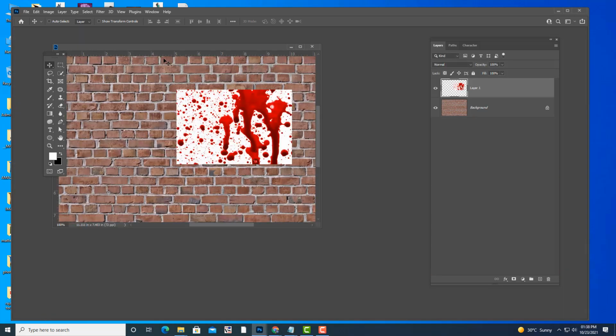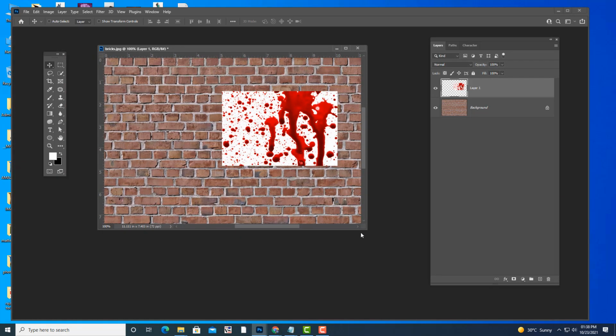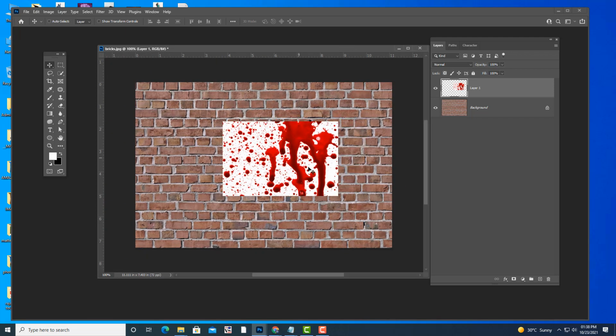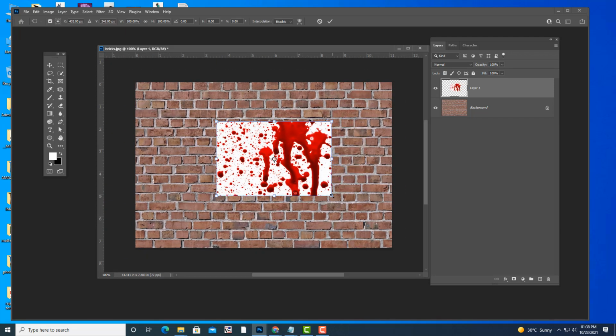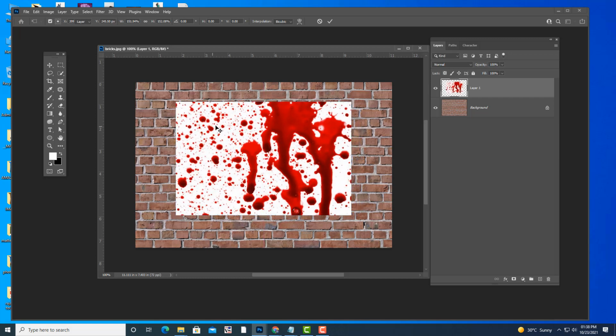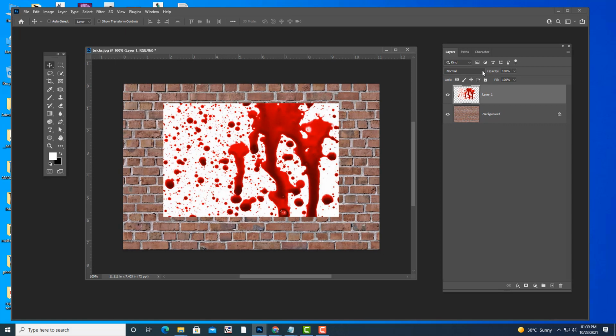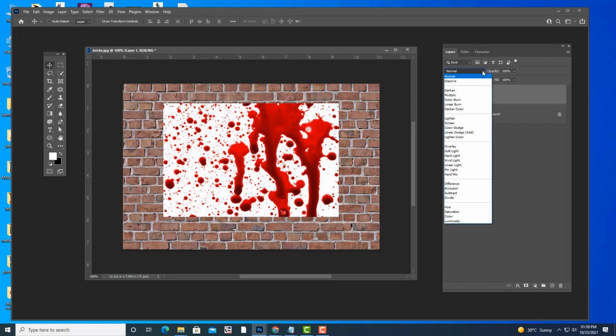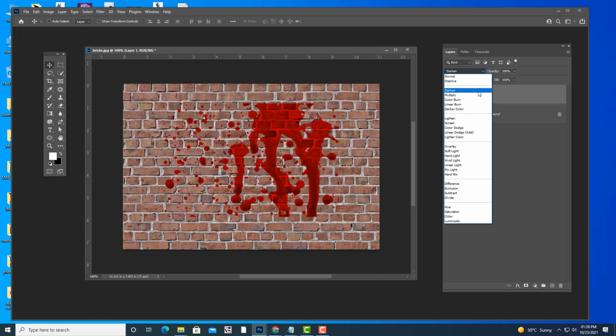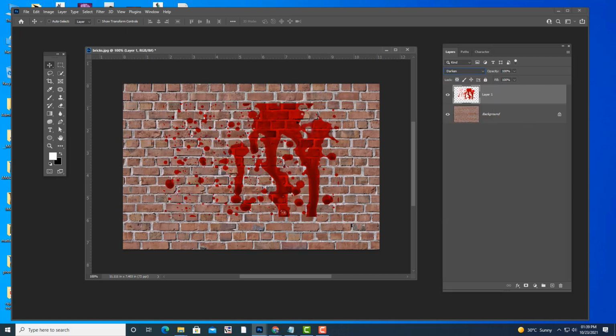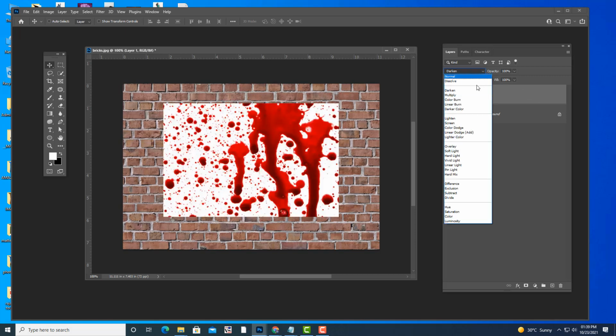Now I am going to ask one question to all of you. How can we remove this white color? Anybody can tell? So yeah, we have to use a dark blend mode. See, these five blend modes will remove the white color. See, light colors, all the white is gone, and we will use this multiply.